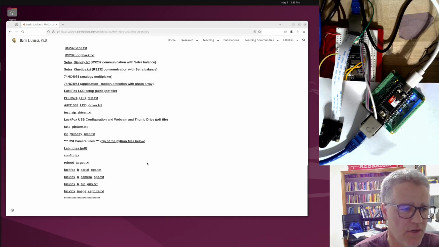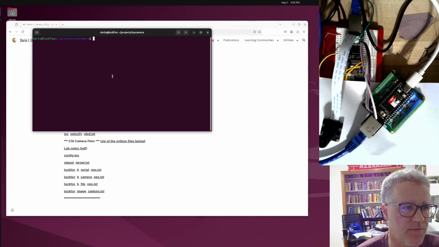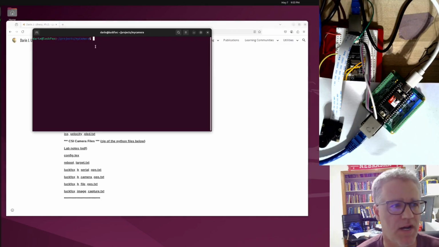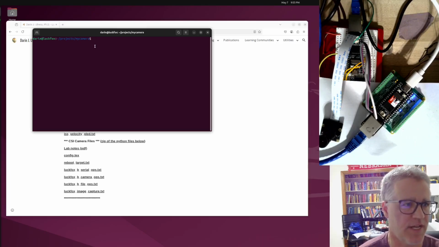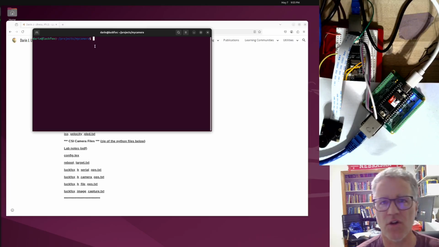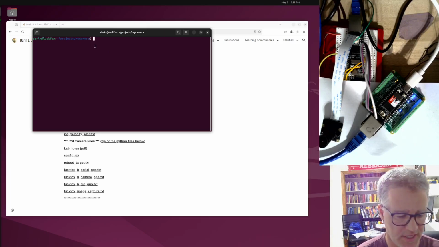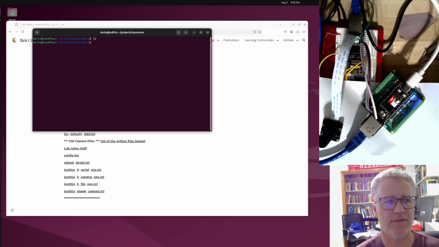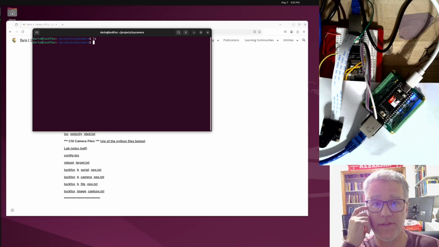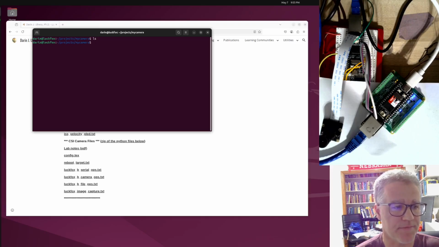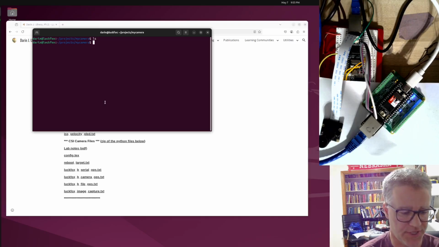Okay. Well, let's go ahead now and we'll open a terminal. I'm here on my LuckFox, and I've created a fresh directory called My Camera. So we'll just work out of this. I'll just do ls here, and we see there's nothing in this directory at this point. So we need to start to build these. The first thing I'm going to do is sudo nano